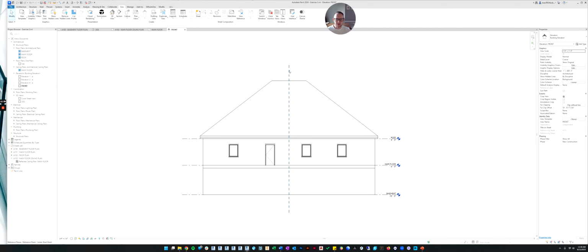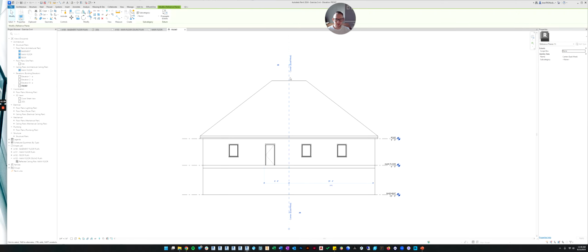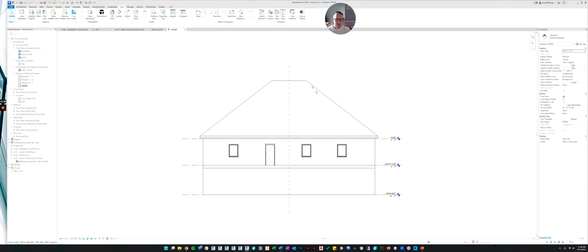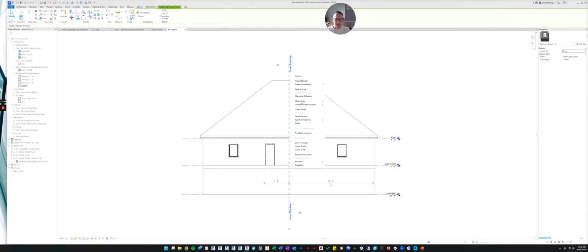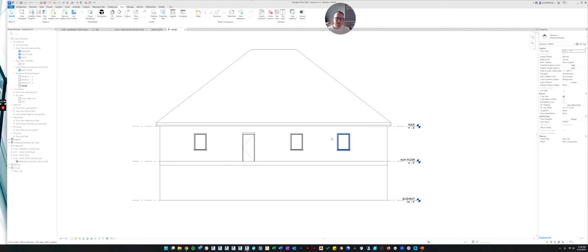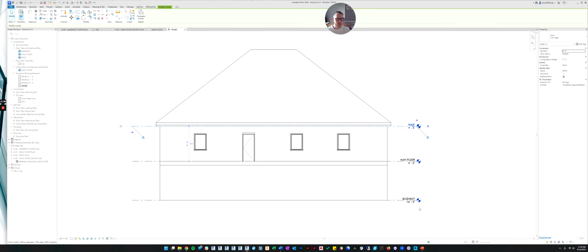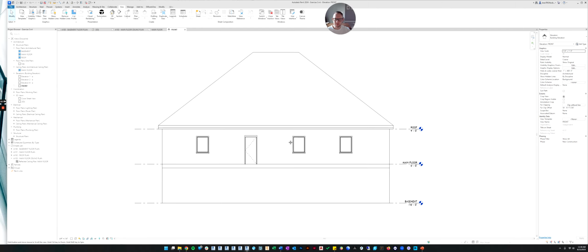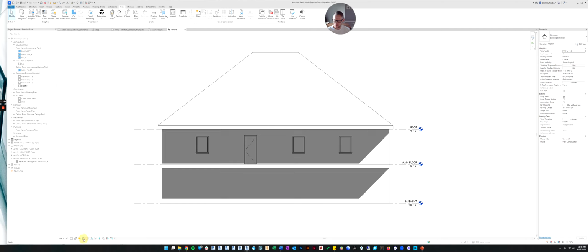The other thing you could do is you could again change the visibility graphics. We could do that either by right-clicking here and saying hide the category, so the reference planes aren't showing anymore. In elevation view, you typically like to show the levels, so you'll keep those on most of the time. And if you wanted to get fancy, you could come down here and there's a little button called shadows. They're currently off, so if I click it, you can turn the shadows on.